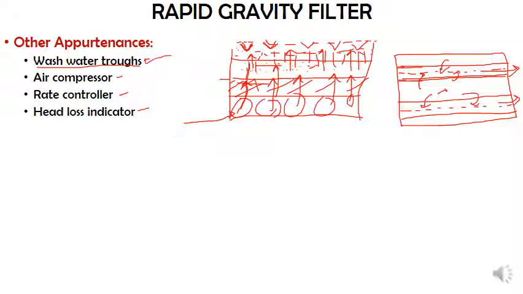Now the next one is the air compressor. Air compressor we usually use for two things. One is to pressurize the water for entering into this particular stream. Why do we need to pressurize? Because this is already giving us a lot of resistance, so the water needs to have more pressure than the resistance provided by these layers, and only then will the water rise up. Based on that, we use this air compressor.